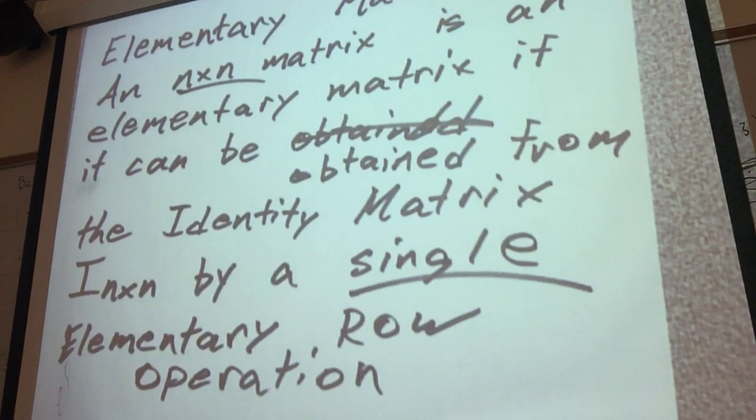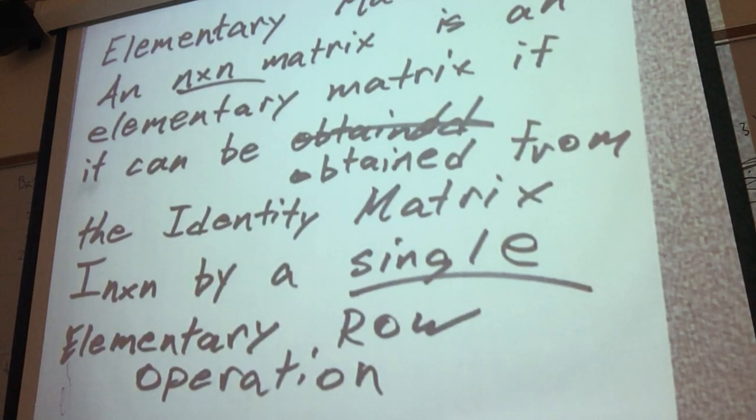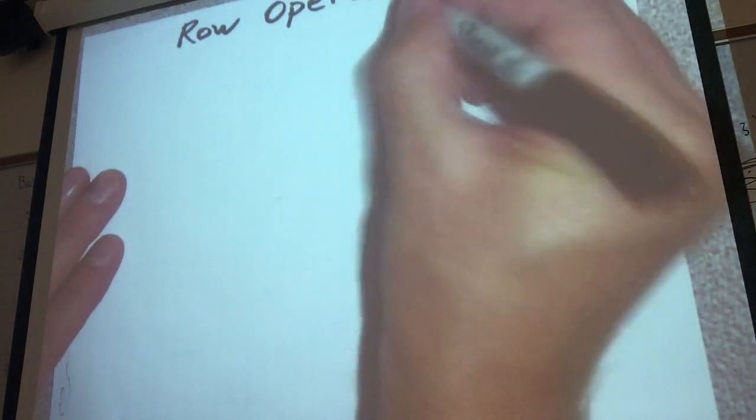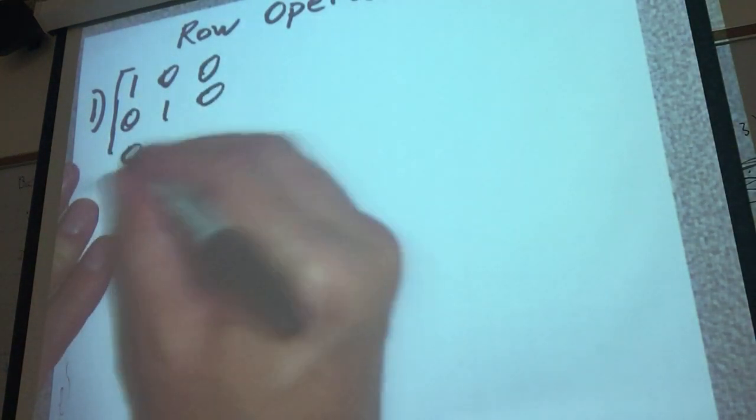So if we want to create elementary matrices with their row operations, let's look at the first one. Okay, so our first property. We're going to begin each one of these. So this is going to be covering our row operations. Okay, so that first one. If we take the identity matrix 1, 0, 0, 0, 1, 0, 0, 0, 1,